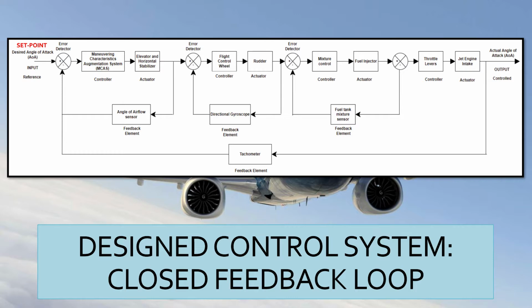And lastly, the throttle lever, most often referred to as a thrust lever, is a controller with which the pilot controls the jet engine intake to ensure smooth airflow into the engine despite air approaching the inlet from directions other than straight ahead. If there is a disturbance due to air turbulence, the tachometer, which shows the number of revolutions per minute, sends the data to the starting from the MCA, and the whole process is repeated.